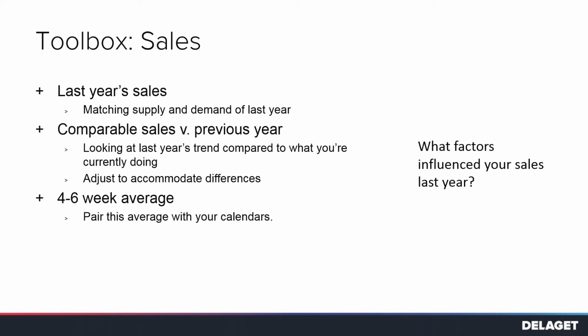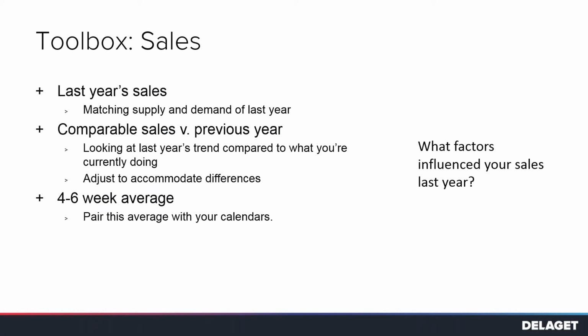One of the things to consider, and it's really important to have notes for when it comes to last year's sales, is there may have been something going on. You might be comping your sales significantly higher or lower than last year, and it may be because you're going up against a store opening last year, or closing, or road construction, or something along those lines that positively or negatively affected your sales and by extension your forecast.